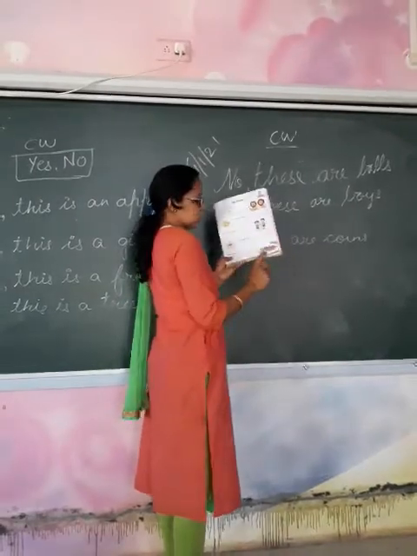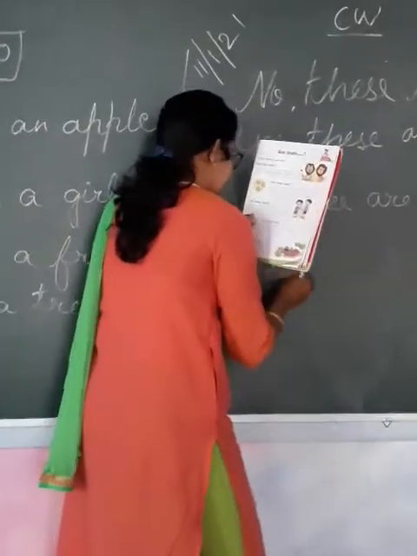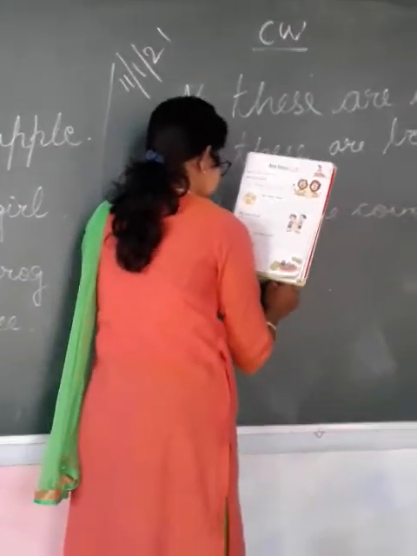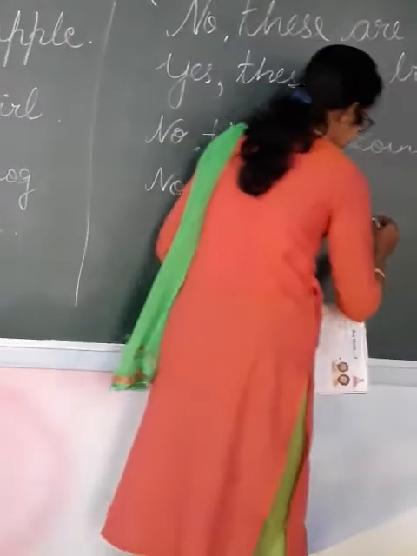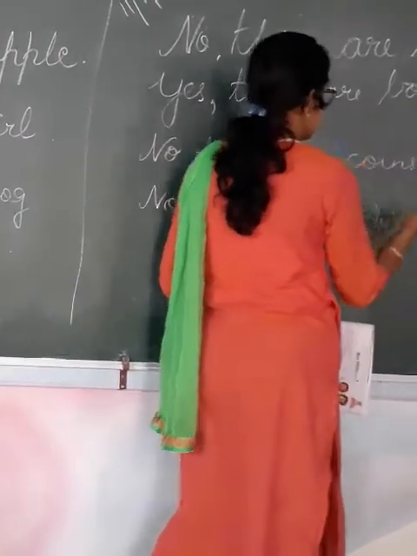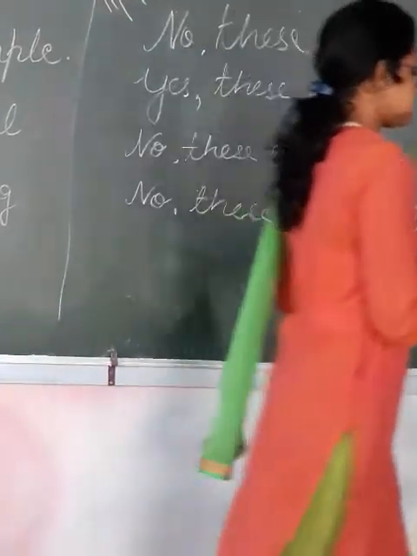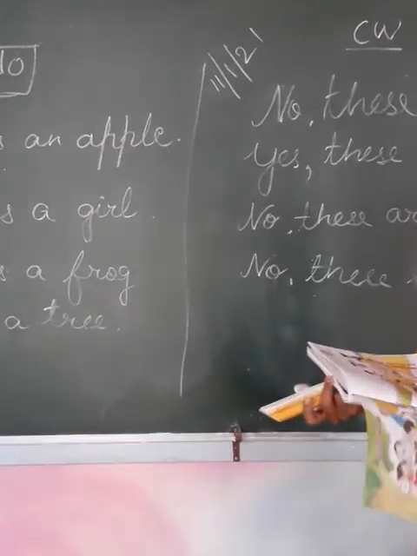Last one. Are these oranges? No. Do they look like oranges? No. They are ducks. Sorry. Birds. These are birds. What are they? Birds. Always give a full stop after the sentence ends. That means that your sentence has been completed. Okay. After finishing yes and no, turn to the next topic on page number 106.